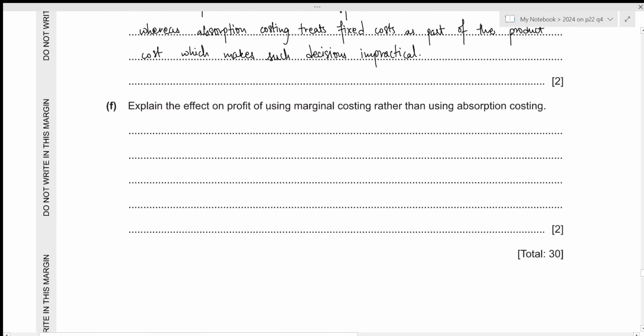We now need to explain the effect on profit of using marginal costing rather than using absorption costing. Okay, it's very clear that if we use marginal costing, then we will have a higher profit if the inventory levels decrease, and we will have a lower profit if the inventory levels increase, because inventory valuation in marginal costing will only include the variable cost and not the fixed cost as part of the product cost, whereas within absorption costing we include the total cost while valuing the inventory. Okay, so using marginal costing